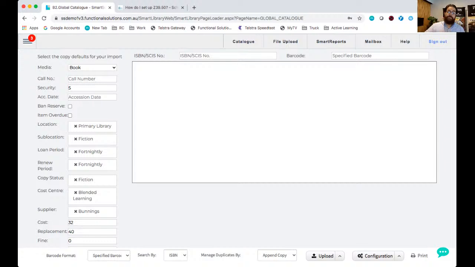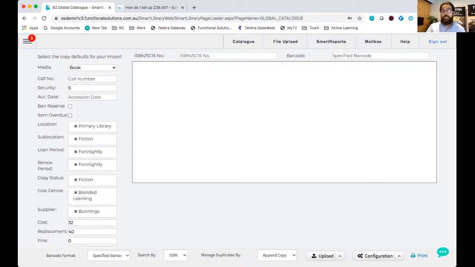So number one, set up your SCIS account. Number two, make sure that your SCIS username and password is in the system. Okay, the final thing that we need to do to get set up ready to use SmartSuite Library is when you are cataloging your books, you just want to be able to click one button and send all of those brand new books' spine labels to your printer. Okay, SmartSuite Library needs to know which label you are using